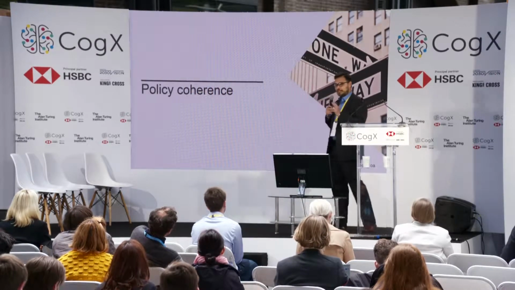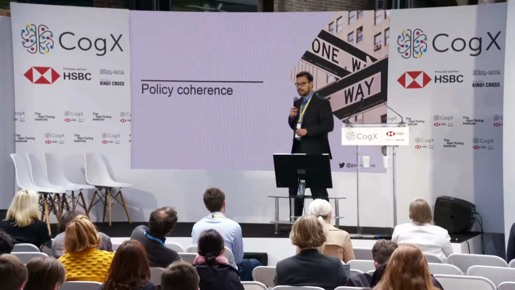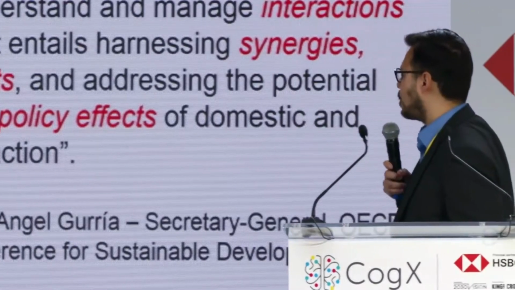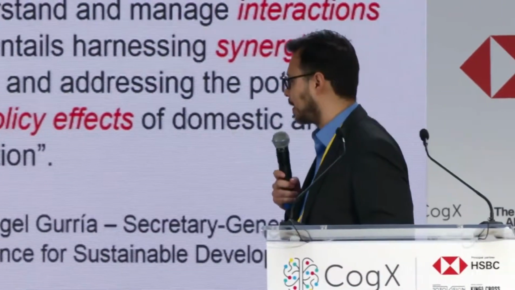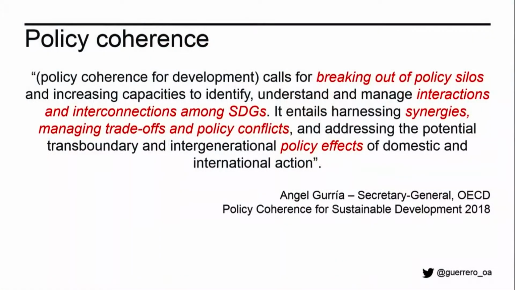So now that I have presented you retrospective and prospective analysis, I can use those two to estimate policy coherence, which is a very popular topic in the international policy community, and yet we don't have methods to quantify it. So we're going to do that. And just to give you an idea how important it is, this is one of the first paragraphs of the Policy Coherence for Sustainable Development report from the OECD. You can see that the Secretary General mentioned some of the ideas that I have talked to you through this presentation, like not working in policy silos, interconnectedness between the different SDGs, synergies, trade-offs, which are positive and negative links,